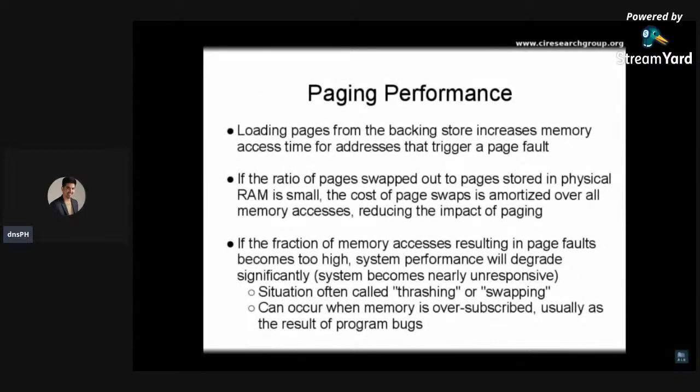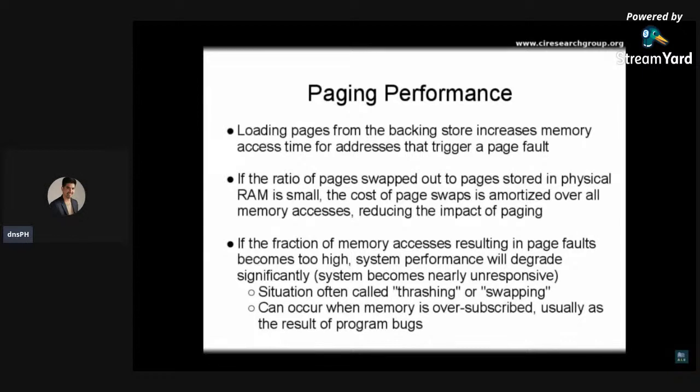Swapping pages to and from a backing store is a relatively slow operation compared to a direct access to RAM, due to the fact that most backing store hardware is several orders of magnitude slower than RAM. Whenever a page fault occurs, the memory access that triggers the page fault will require more time than a non-faulting